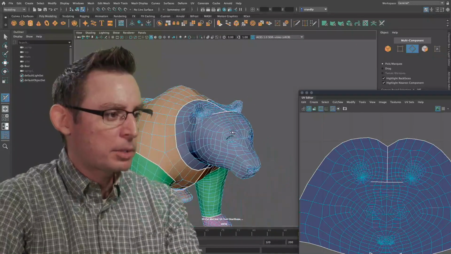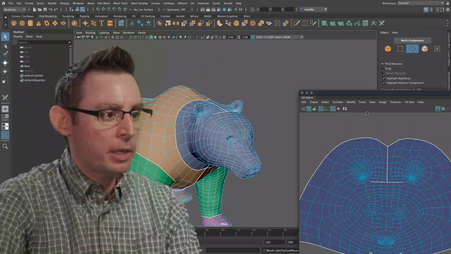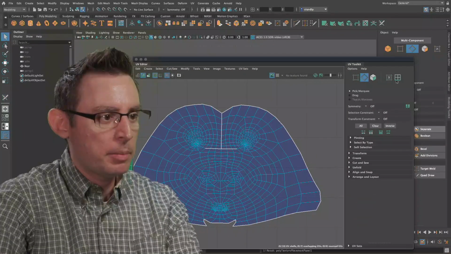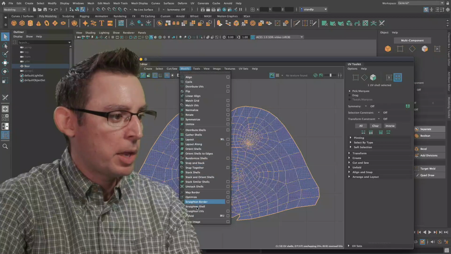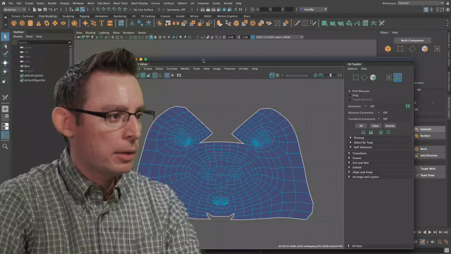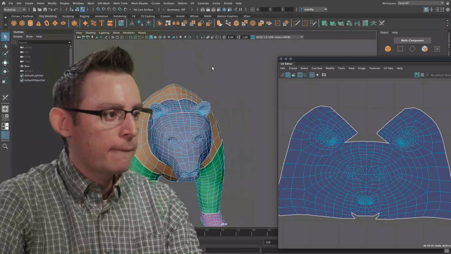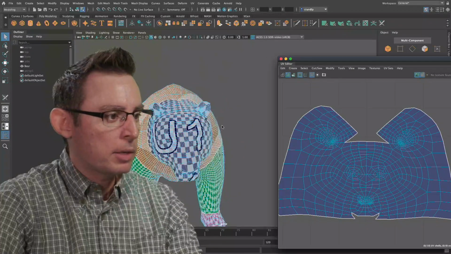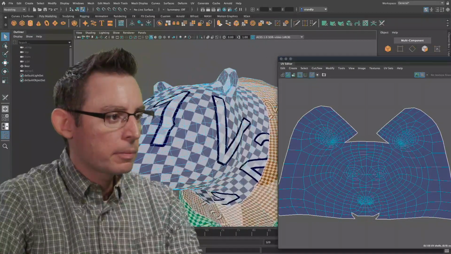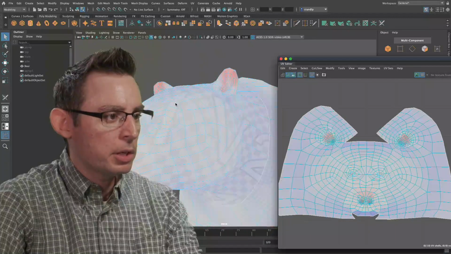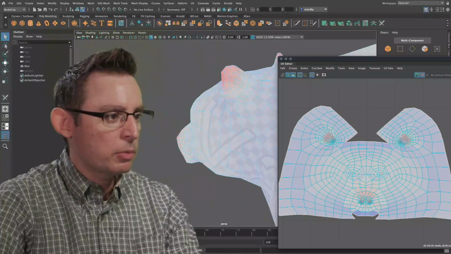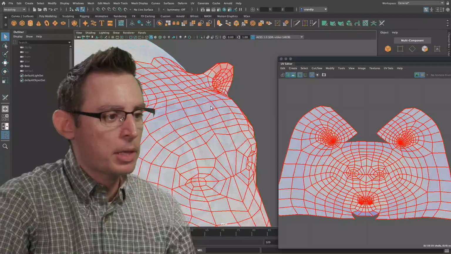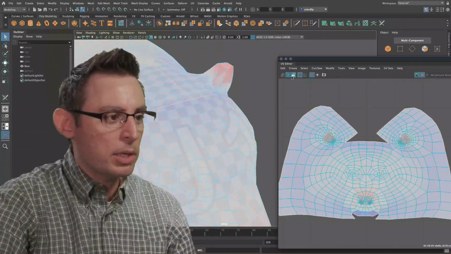Let's experiment and explore how this is going to have an impact on the final result of the unfold step. Let's grab this guy. We're going to unfold it one more time. Modify pull down menu. Unfold. Haha, look at that. Let's turn on our grid pattern and see what we get. Let's also turn on the visualization of our distortions, and we're starting to iron it out. We're still getting some red hot distortions on the tippy top of the ears, so we have some decisions in there that we need to make.